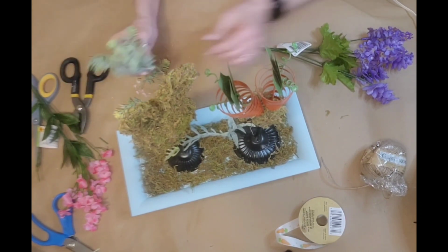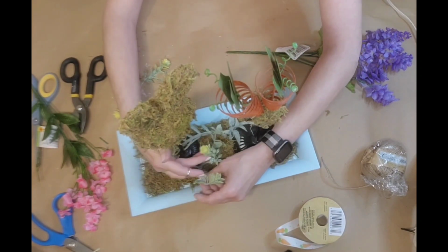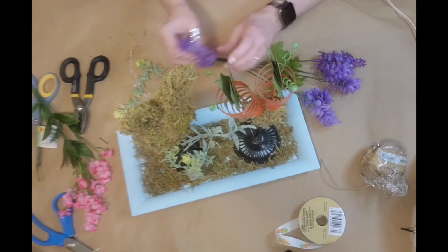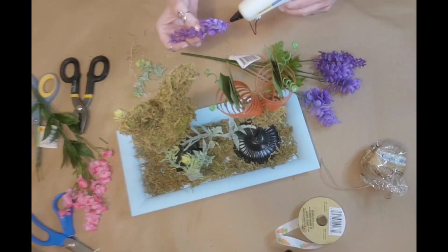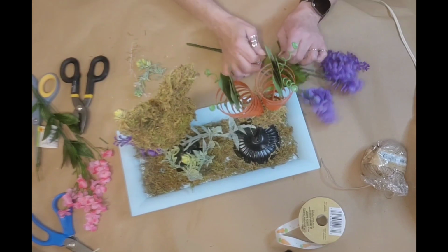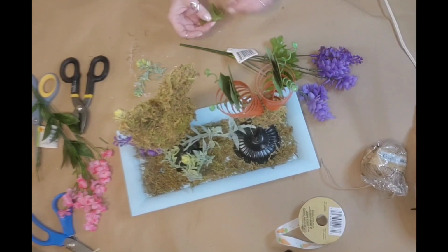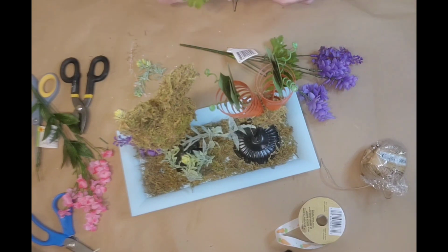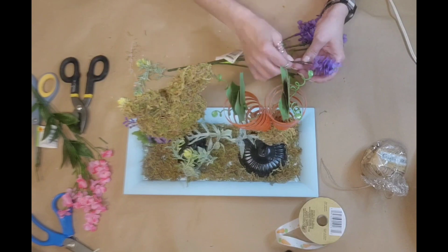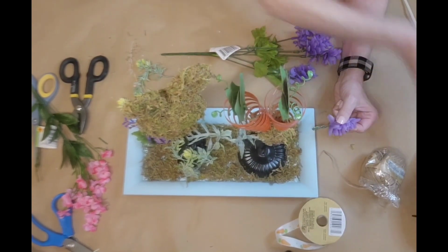I played with my flowers and hot glued them, so that I would spread out the colors and give my table a little bit of color, a little bit of spring Easter colors, and brighten my table up. I love the colors of spring. I love purples and blues and pinks and yellows, and